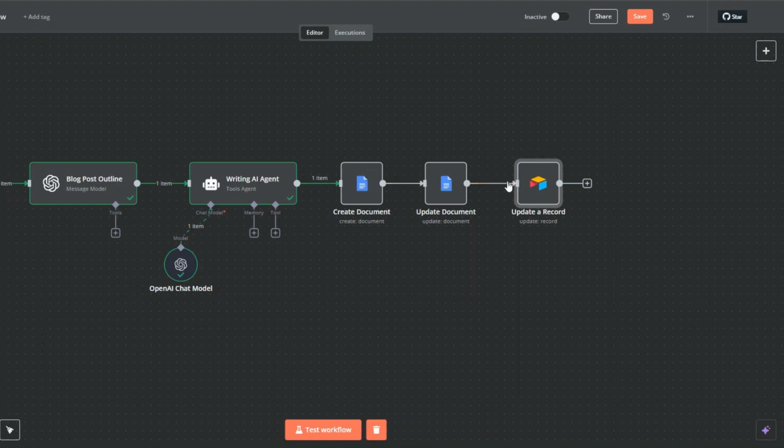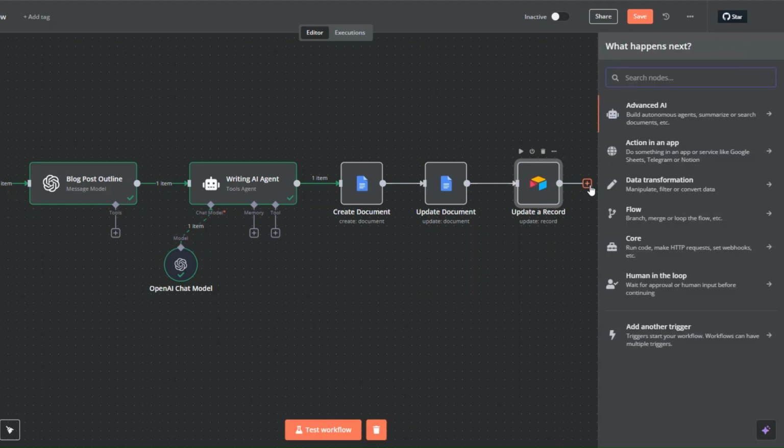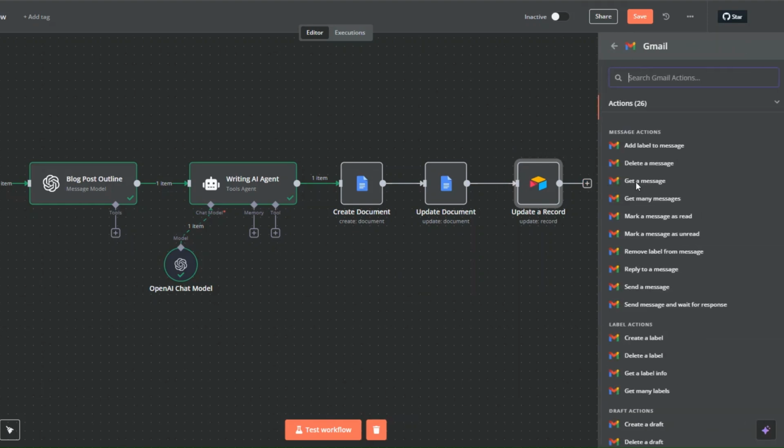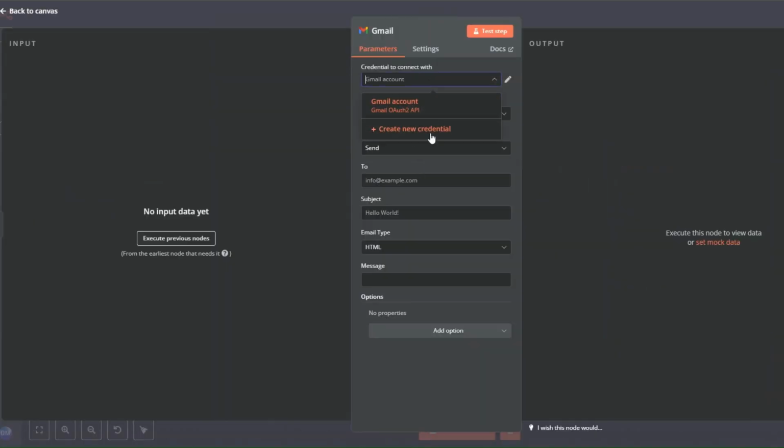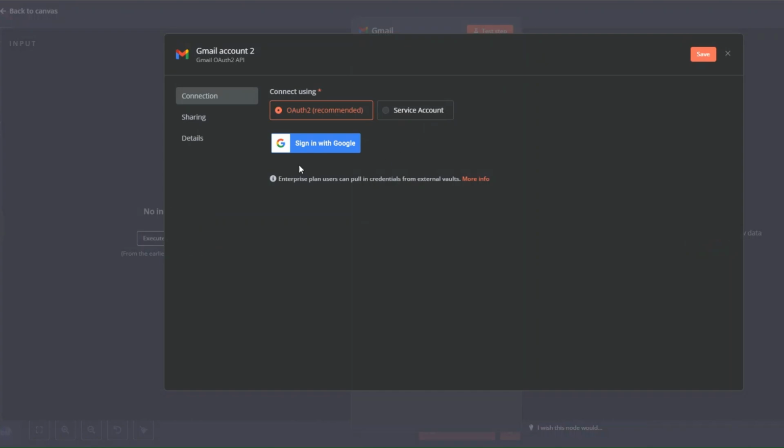And now after updating our record on Airtable, we can send ourselves an email notifying ourselves that our blog post has been generated. To send an email notification, here I'll search for Gmail. Click on Gmail. Here I'm going to click on the send a message node, like we did with other nodes. Here you also need to create your credential. Here click on sign in with your Google account. Then on the new window that pops up, choose the account that you'd like to connect to n8n. After creating your connection,